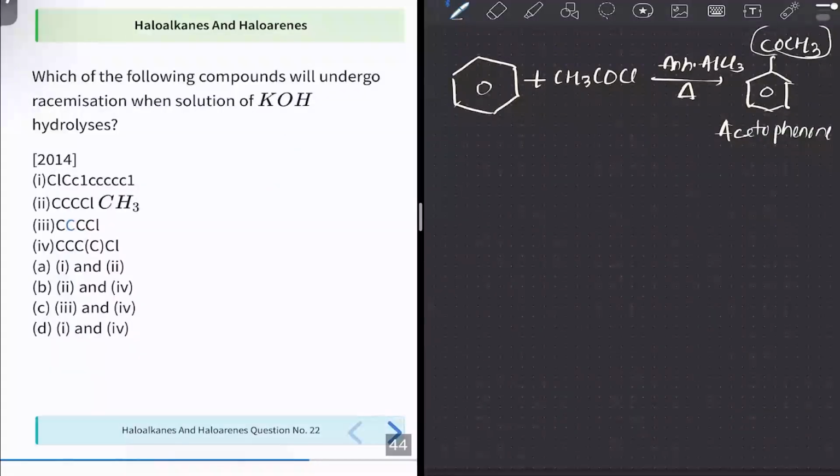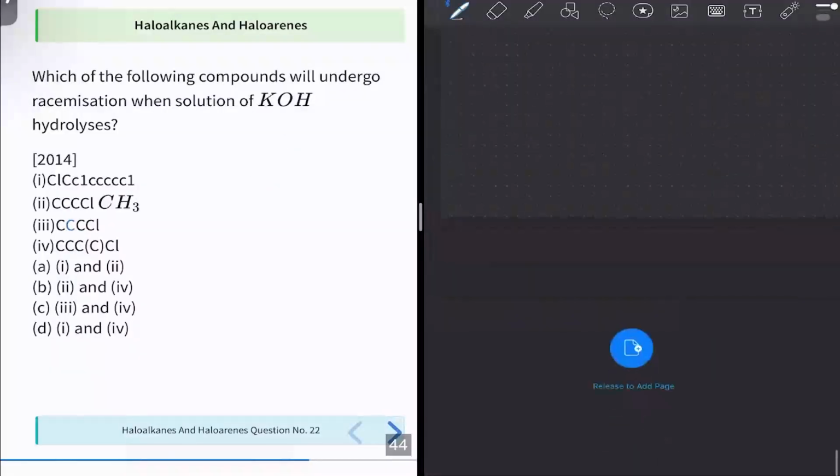Question number 22. The question number 22 given is incomplete, and the options are incorrect. The question is: which of the following compounds will undergo racemization when hydrolyzed by KOH solution? So what are the correct options? I searched for the question given in 2014 AIPMT and I got the correct question. So the options given are